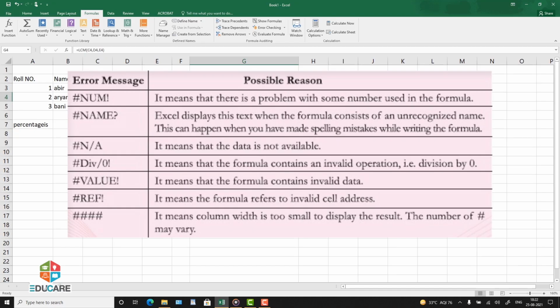It means that the formula contains an invalid operation, that is division by 0. #VALUE!. It means that the formula contains invalid data. #REF!. It means the formula refers to an invalid cell address. ####. It means column width is too small to display the result. The number of hashes may vary.